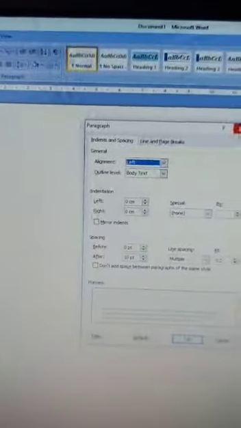Children, the first option here is the home button. Okay, here it is the home tab. Next you are seeing these arrow marks. These are called drop down. See here, when you click on this, it is called a drop down menu. Next you are seeing this thing. It is called the dialog box launcher. See here, if you click on this, the dialog box will come.